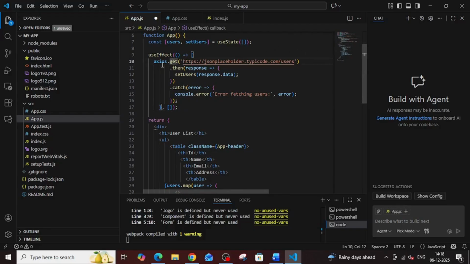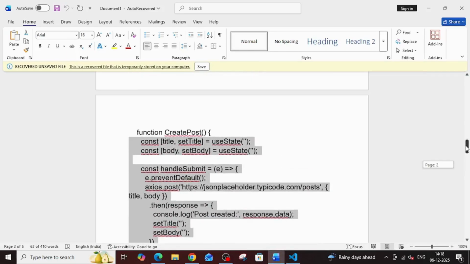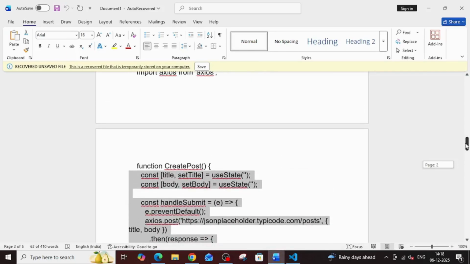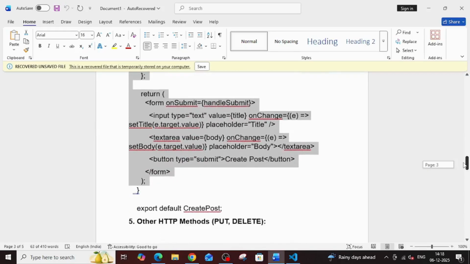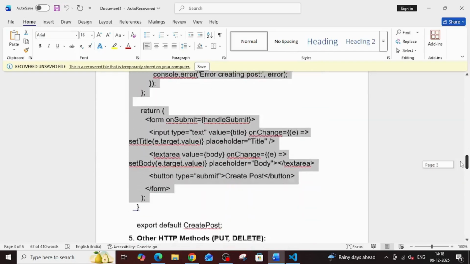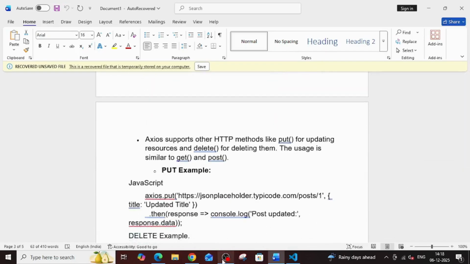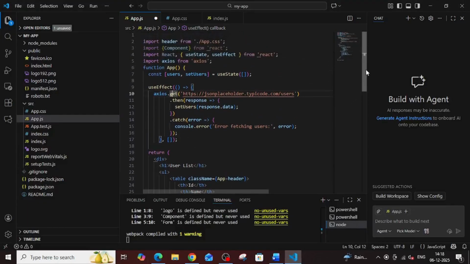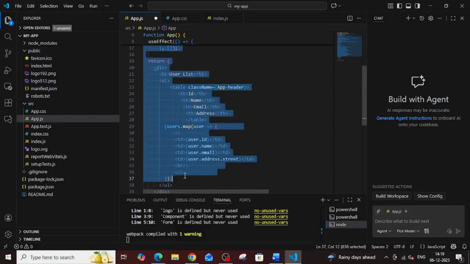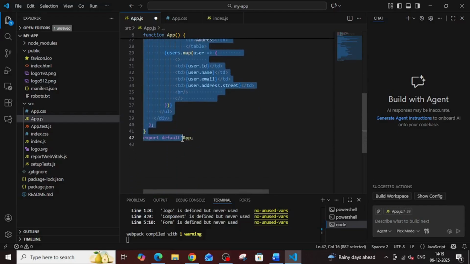For example, we just need to change this data, and I think you have an idea about that. So you got it about these things, how to use GET. Now I'm using POST. So for the POST, we want to